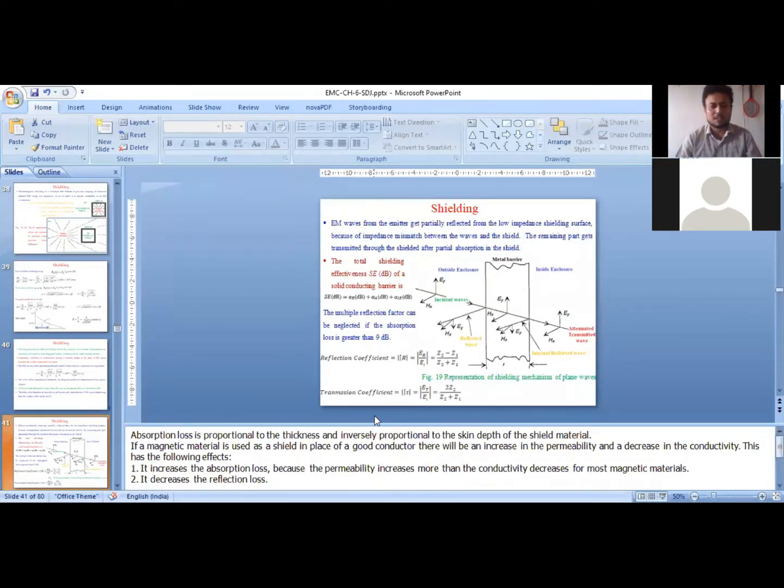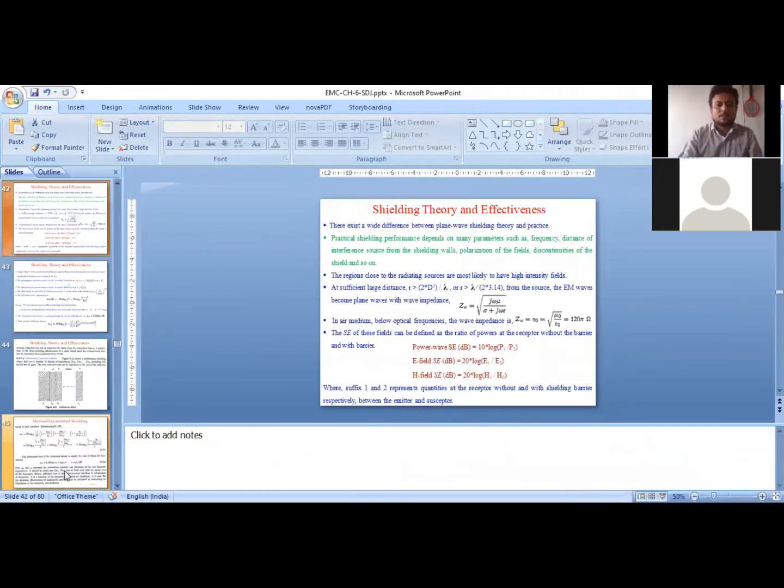The reflection coefficient is nothing but the difference of impedances divided by the addition of impedances of the two media. Transmission coefficient is 1 minus reflection coefficient, that is 2 into Z2 divided by Z1 plus Z2, where Z1 and Z2 are the impedances of medium 1 and medium 2. Medium 1 is your air, medium 2 is your metallic barrier. We have discussed those things. The shielding effectiveness in terms of power we can calculate as 10 log of P1 by P2, where P1 is the power received at the receiver without shielding, and